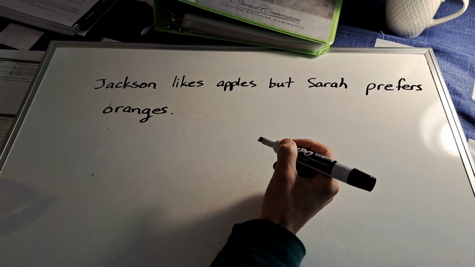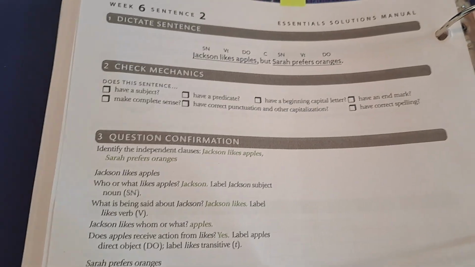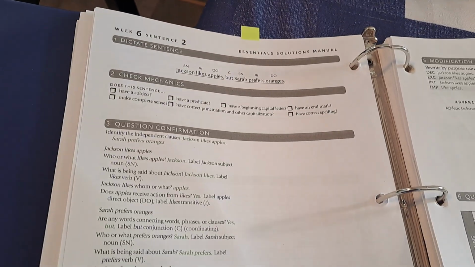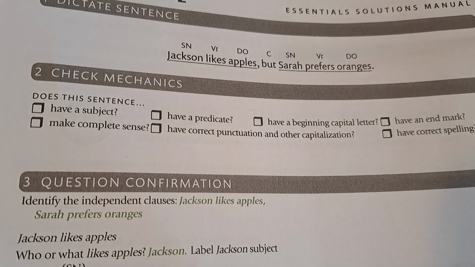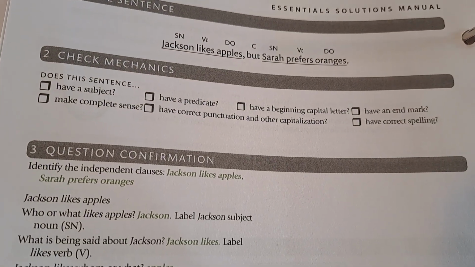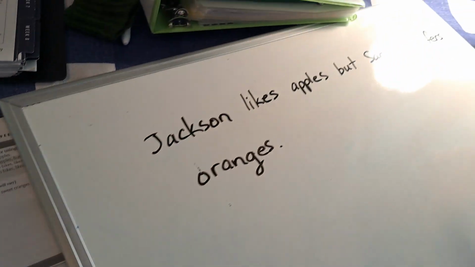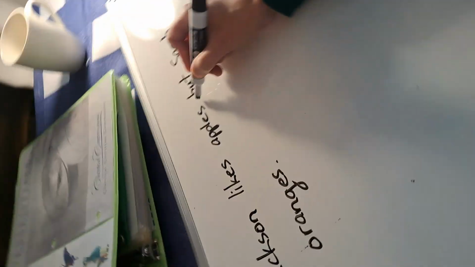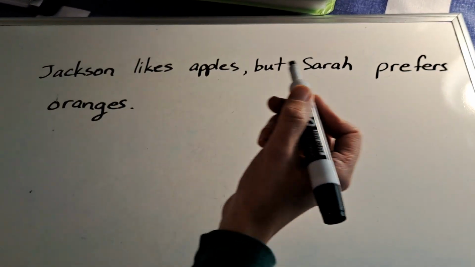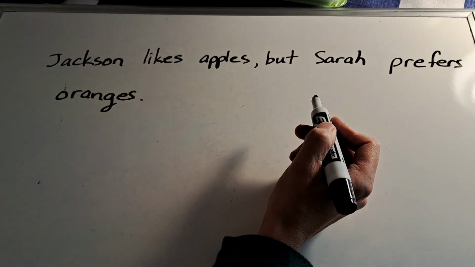You can push play again. I did. Okay. So task number 2 is check mechanics correctly. We're done. So now I'm going to do task number 2, which is checking my mechanics. If I look back at this sentence, I see that I've missed that pesky comma because I've got 2 independent clauses. Okay. So then task number 3